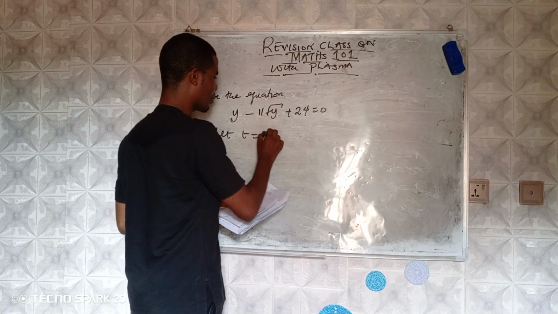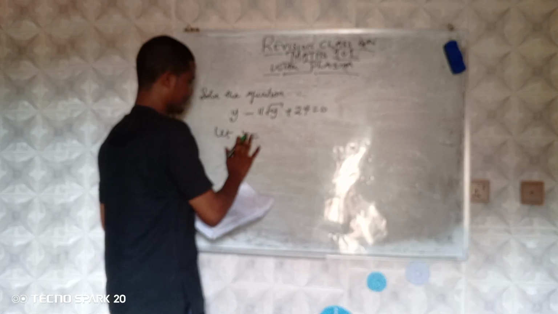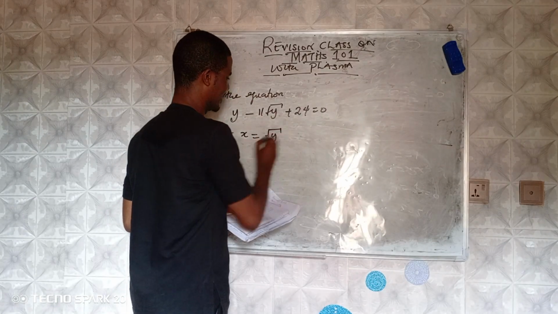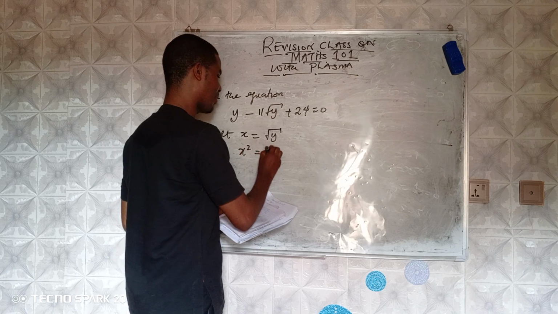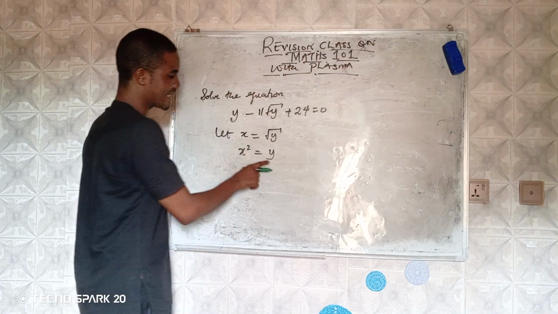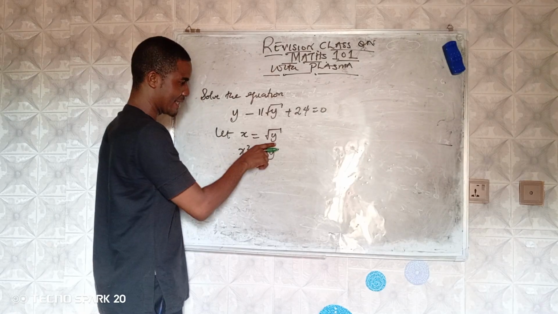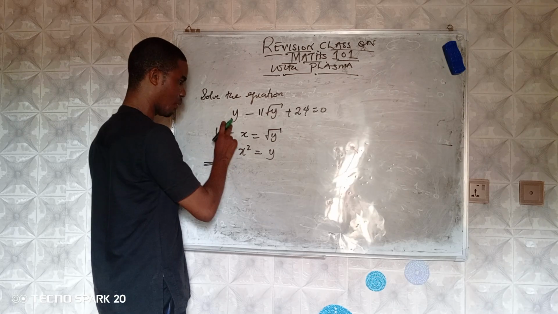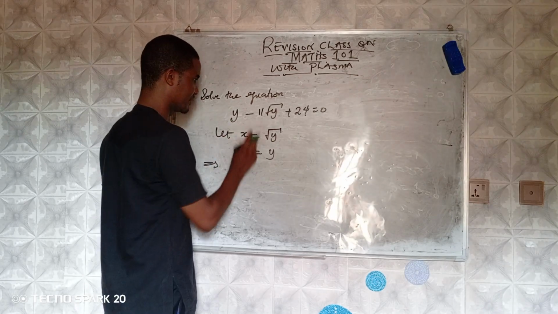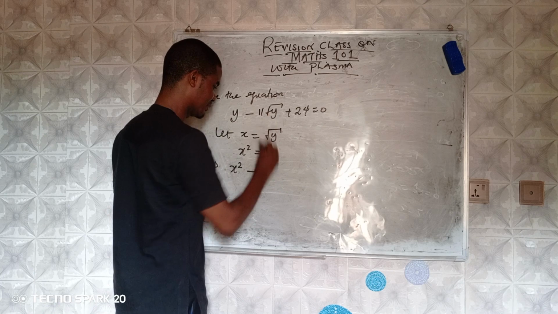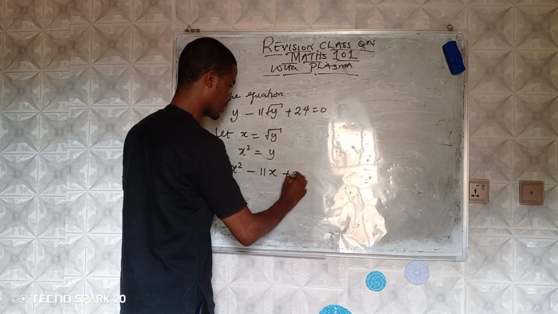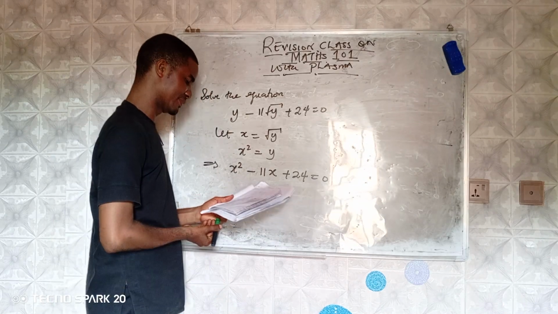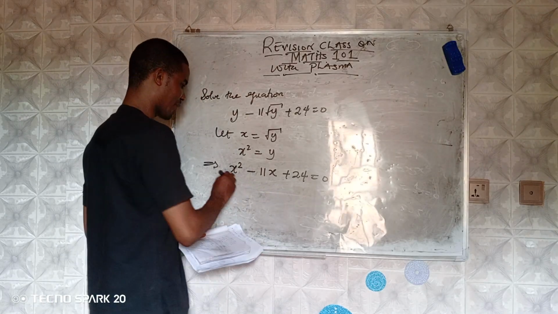Let x be equal to root y, so that x squared becomes y. So anywhere I see y, I can call it x squared. Anywhere I see root y, I can call it x. Then put it back into the equation. I'm going to be having x squared minus 11x plus 24 equals 0. Okay? So that by the time I factorize now,